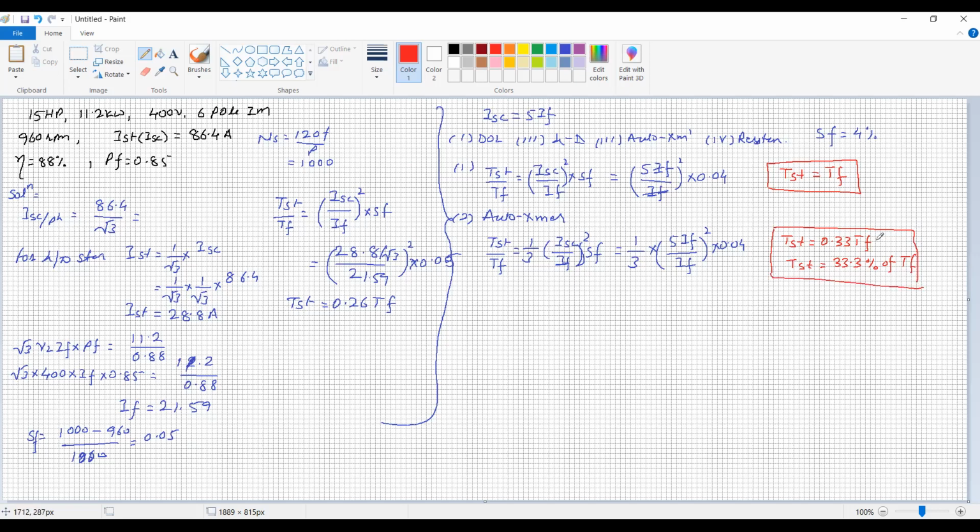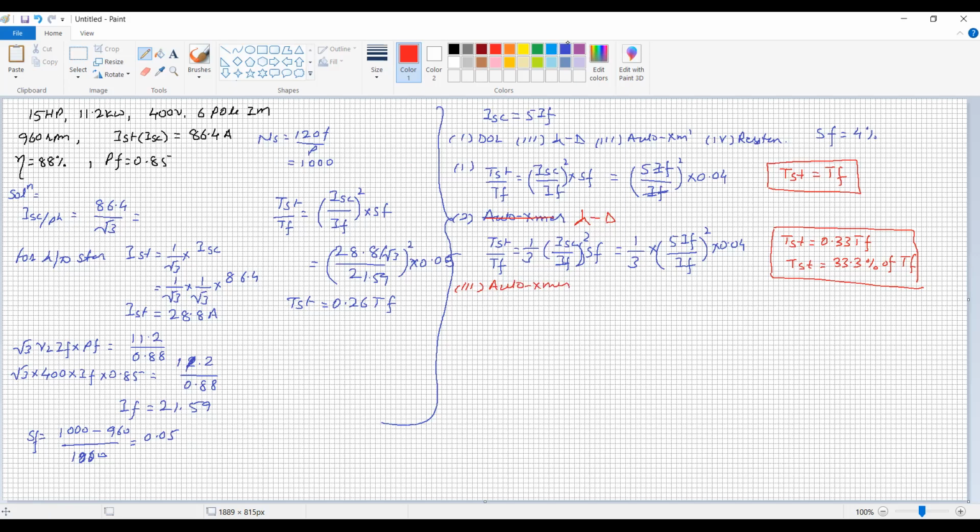Now next, what is given here is the current taken from the supply by the three-phase induction motor when it is started by auto transformer; then whatever the percentage of current is there, we have to consider. So here, third case, by the, first, this is not an auto transformer, it is a star delta starter. Now auto transformer.